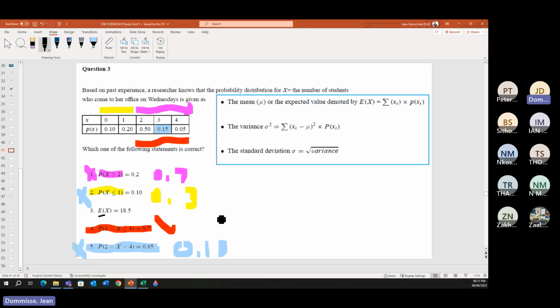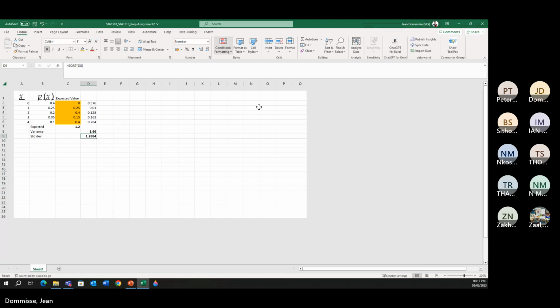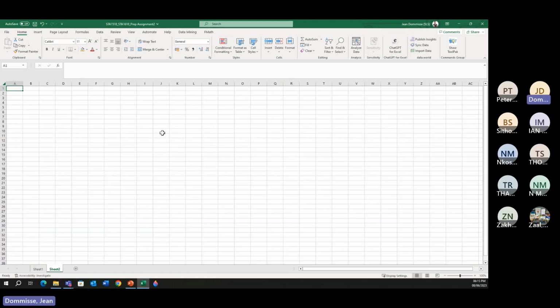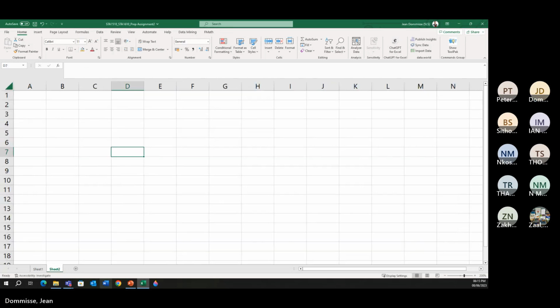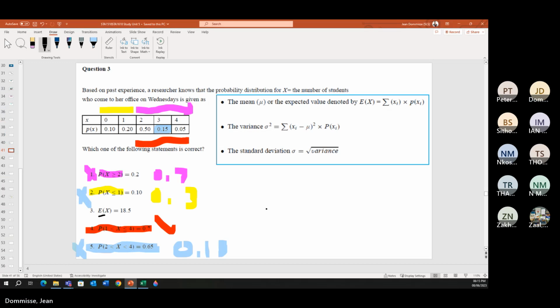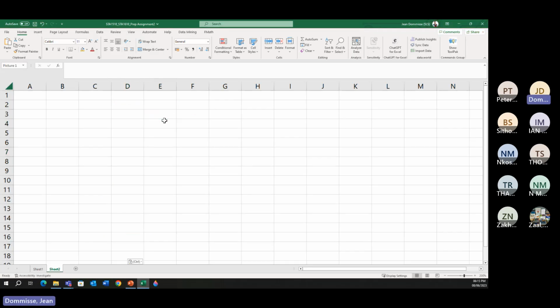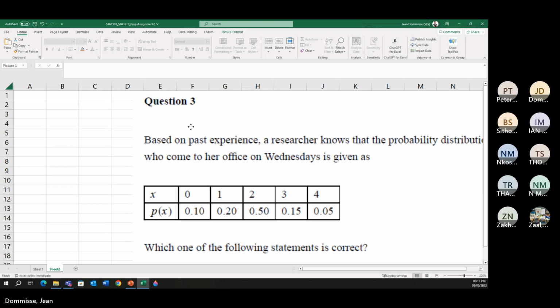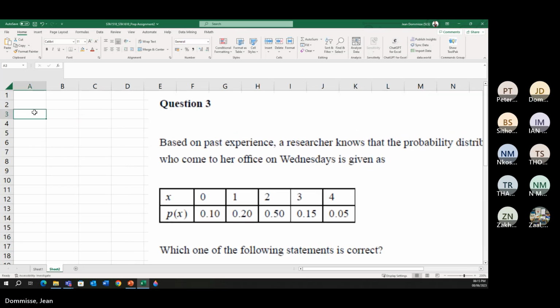Okay, then to work out the expected value, I would have used Excel again. So by using Excel,